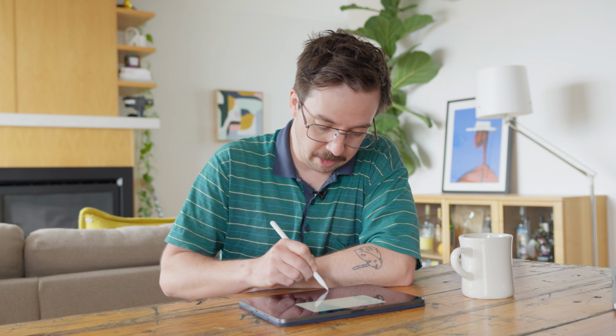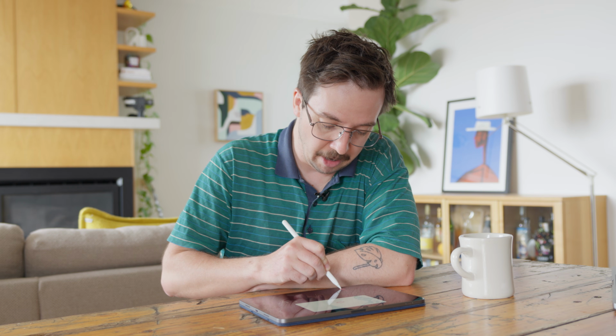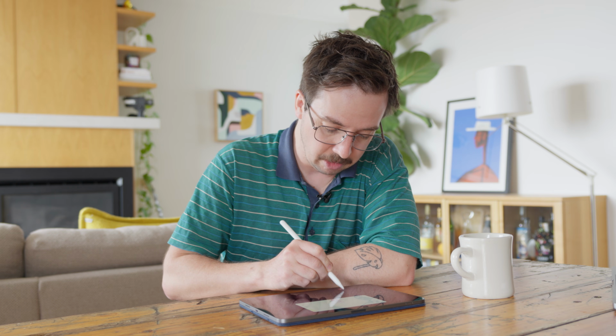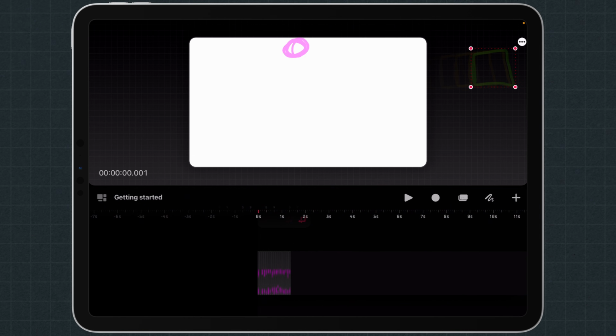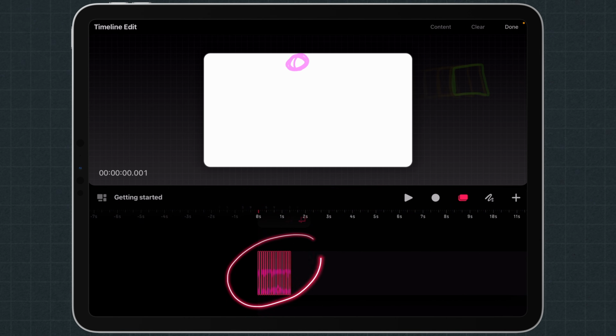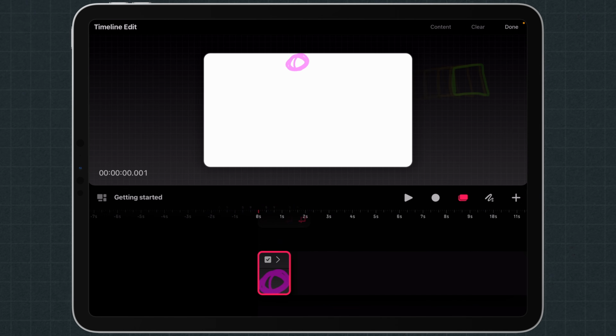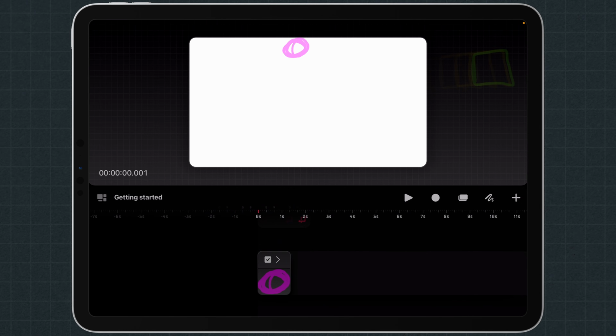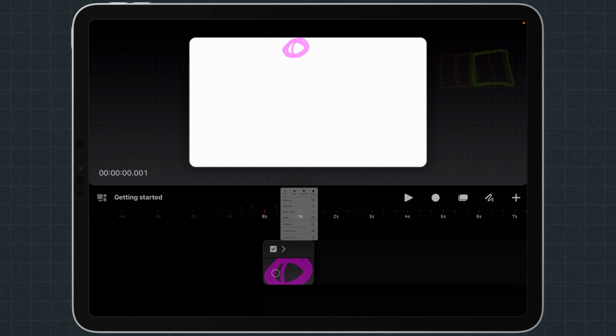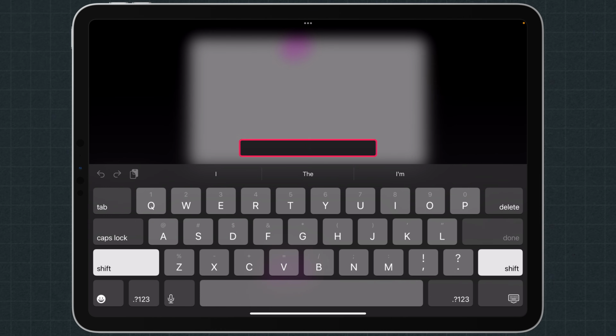Now the ball bouncing that we used before here is still in individual frames, which can get a little bit messy if I accidentally grabbed one and then moved it or things like that. So you can go to the timeline edit tool here and you can just use your pencil and circle things on the timeline, and you can see that's kind of magically selected it all now. Now if I hold my Apple Pen down on these, I can go group. Now, if I unselect my timeline edit tool and zoom in on this and hold down, then I can go rename and we'll just call this ball.